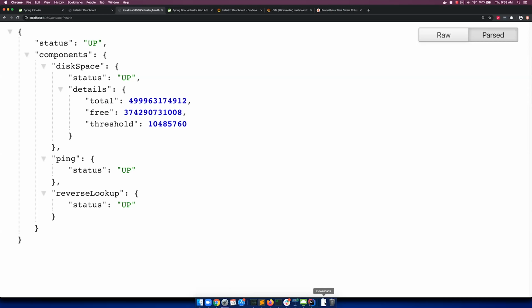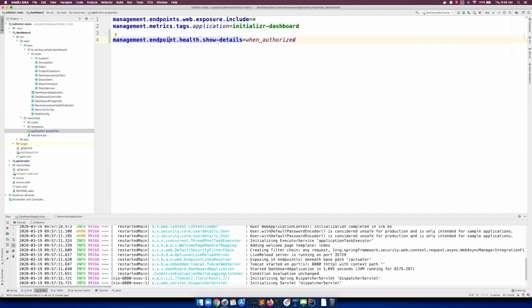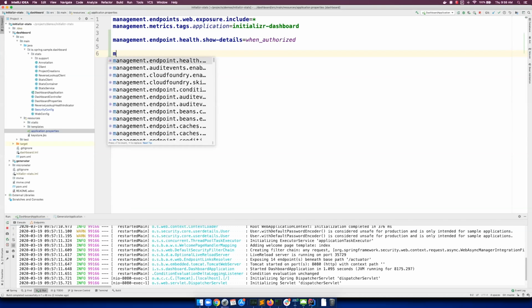The other thing that I wanted to show you with the health endpoint was, I think in Spring Boot 2.2, where we added support for health endpoint groups. So you might want to group these health indicators based on certain requirements that you have. And let's say in our example, we don't want to look at the health based on the external services that the application is talking to, but we just want to get a focused view of the health of the application based on what is available locally for